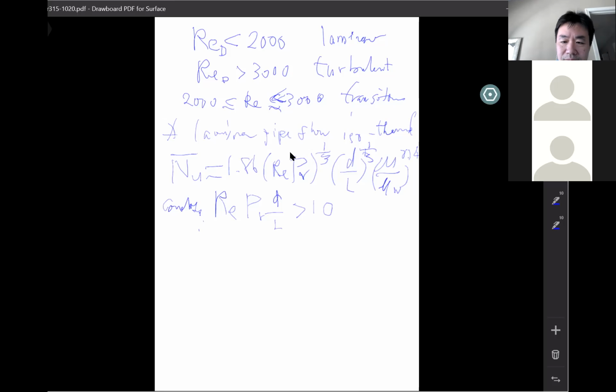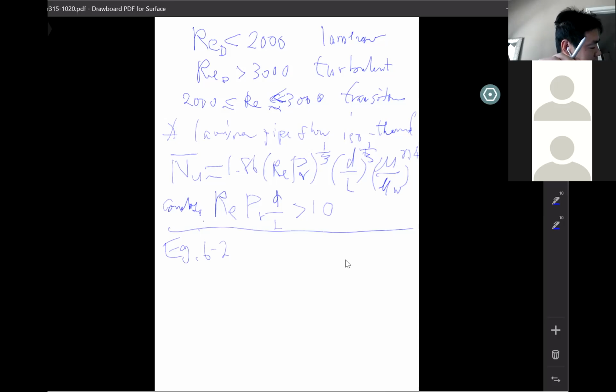So let's look at this example. I think we can finish this example today, then we leave turbulent pipe flow for next week. Or maybe if we have time, we can still introduce the equations. Okay,